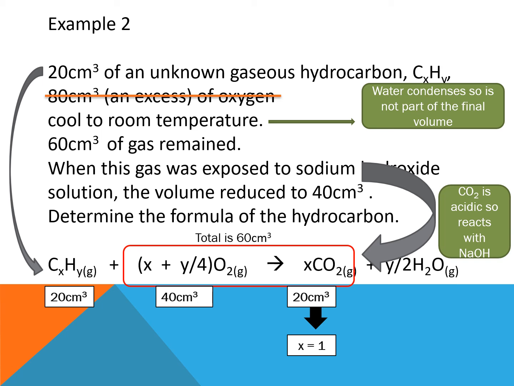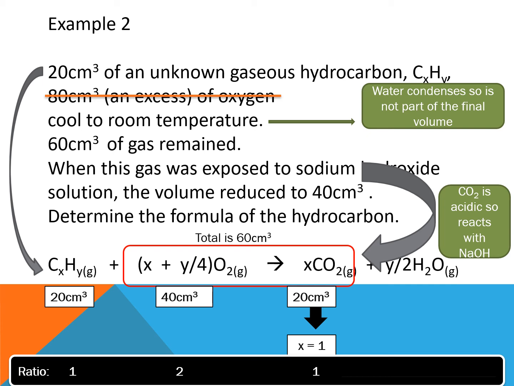So then you can start to put the number 1 into this instead of x. So our ratio is going to be 1 to 2 to 1. So x will equal 1, and then x plus y over 4 will equal 2. So doing that calculation, x plus y over 4 equals 2. That must mean y over 4 equals 1. So y equals 4. So you have now worked out